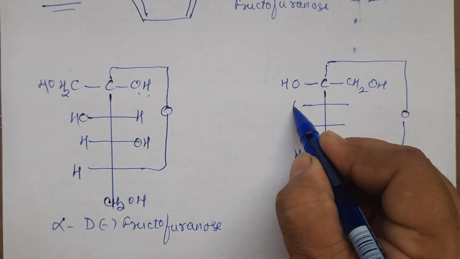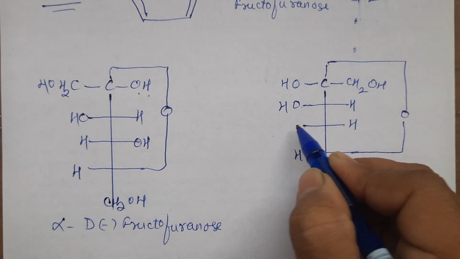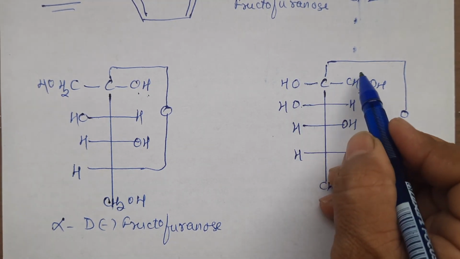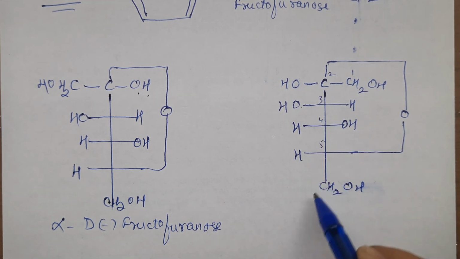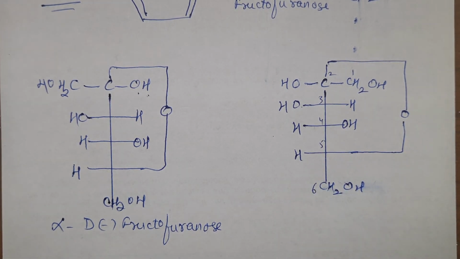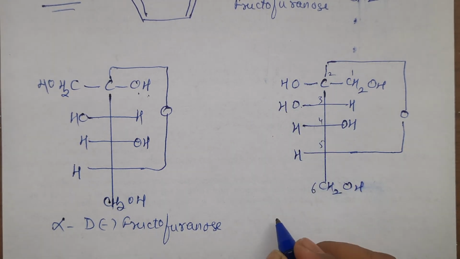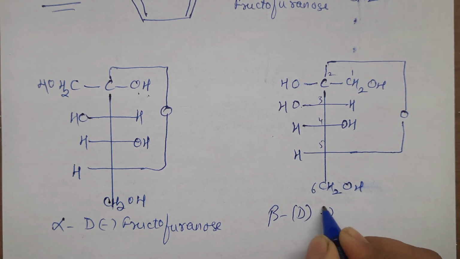This on the third carbon atom, OH on the left hand side. That is as usual, right? This was OH. This is H. You can number it. This is 1, 2, 3, 4, 5, 6. Right. Now OH on the second carbon atom on the left hand side. So this one is beta D minus